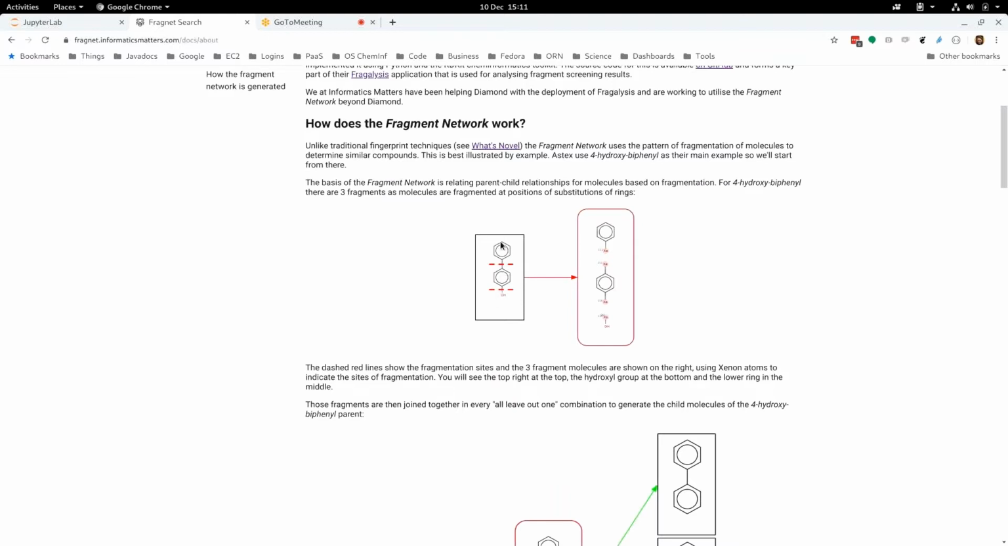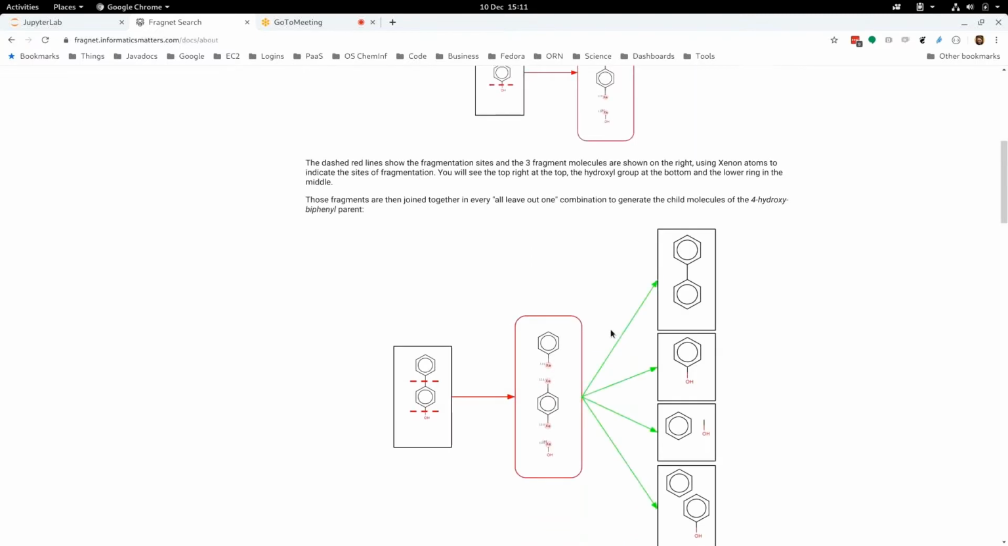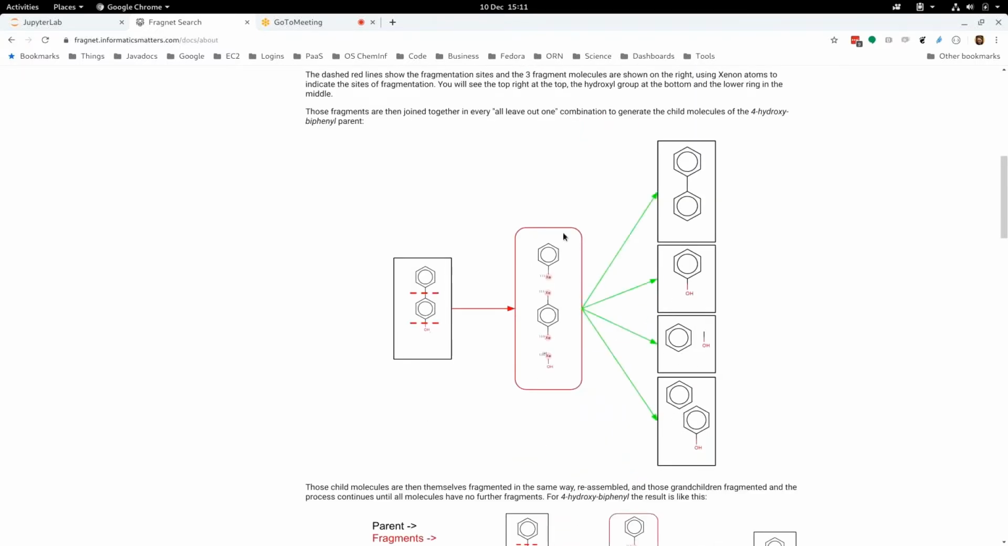The process of generating the fragment network data basically breaks this molecule up into its fragments at the entry points of rings. So where you've got a ring and a functional group on a ring, you basically split the molecule up into fragments. And so the 4-hydroxybiphenyl gets split into these three fragments: the top ring, the lower ring, and the hydroxy group. You then recombine those fragments in an all-but-leave-one-out combination, and you generate the child molecules, which are then fragments of the parent molecule. And in this case, we end up with 4